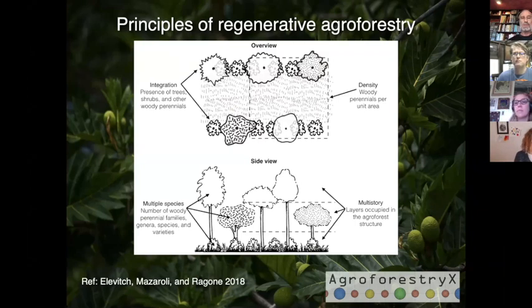The third is multiple species, so having many different species, many different plant families, varieties, all of that represented in the system. And finally, the structural diversity, which is the multiple layers of canopies. So this forms the basis for how the tool works.